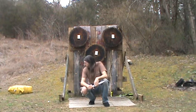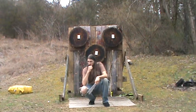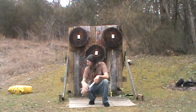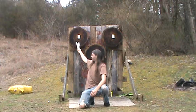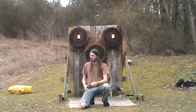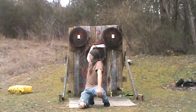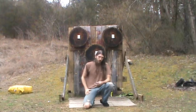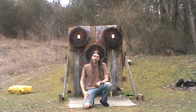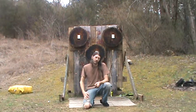As you can see here on the targets, I have some blank playing cards pinned up, and what I'm going to do is, starting with this target, we're going to do 3 throws on it from 3 spin. And then we're going to just rinse and repeat the cycle on this, and then to the final target. Not going to guarantee that we're going to hit those cards, 3 out of 3 throws, but the objective and